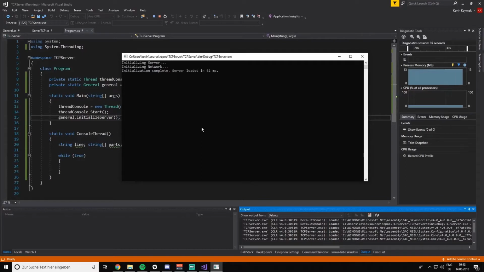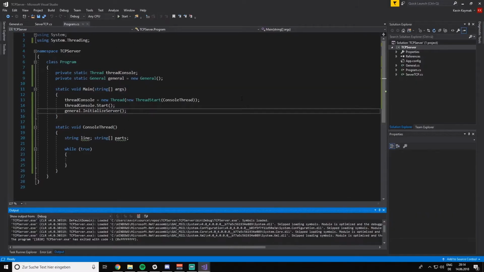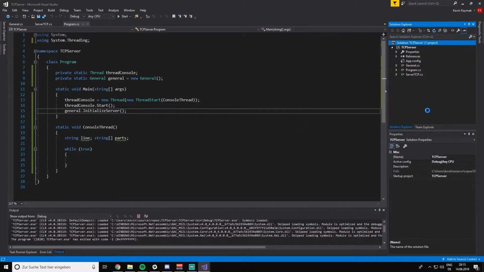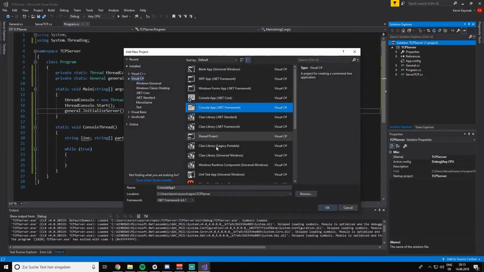So your network is open now and people are able to connect to your server. When you have opened up your project, like I did, we are actually going to add another project. So right click on your Solution Explorer and add a new project. In this case, we are going to add another console application, and we call this, instead of TCP server,